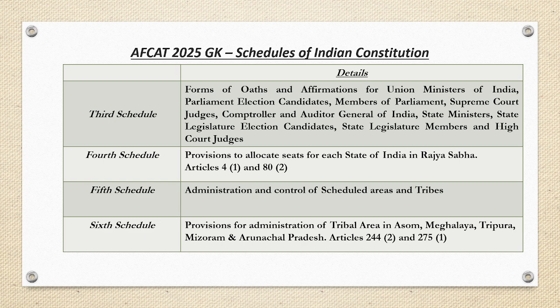Next, the fourth schedule, it contains provisions regarding allocation of seats for each state of India in Rajya Sabha. And the fifth schedule, it contains provisions regarding administration and control of scheduled areas and tribes. And then in sixth schedule, provisions for administration of tribal area in Assam, Meghalaya, Tripura, Mizoram, and Arunachal Pradesh,